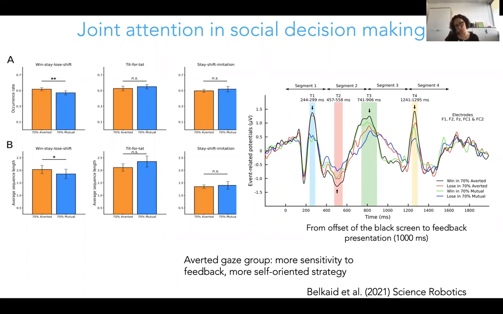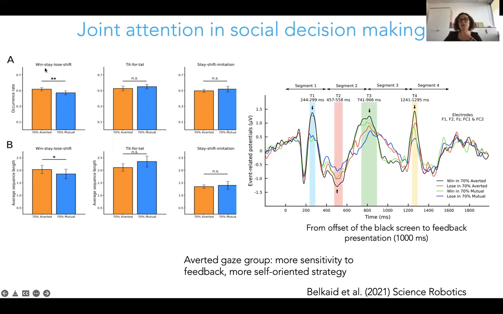Now, another very interesting aspect of the study was that we could look at strategies that people took during the game. And those strategies were very implicit because when we asked them whether they used any strategies, they couldn't really report them to us. But you could analyze sequences of their responses and whether these sequences fell under a certain category of a strategy.